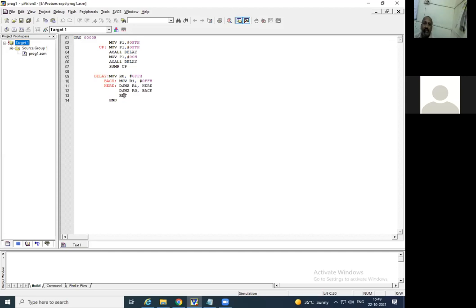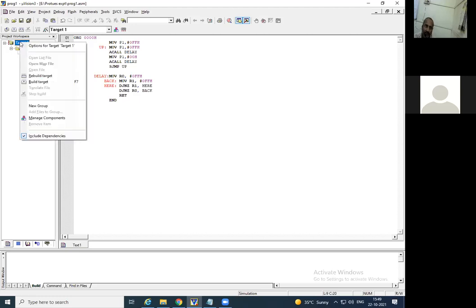So Flash Magic is the software which is used to transfer this hex file to the 8051. That is also known as burning the program. Actually it is not burning, it is just transferring the code into the 8051.